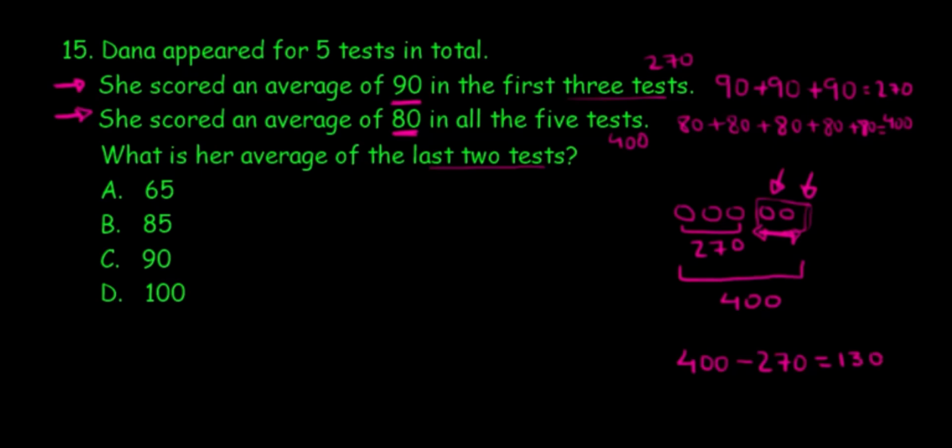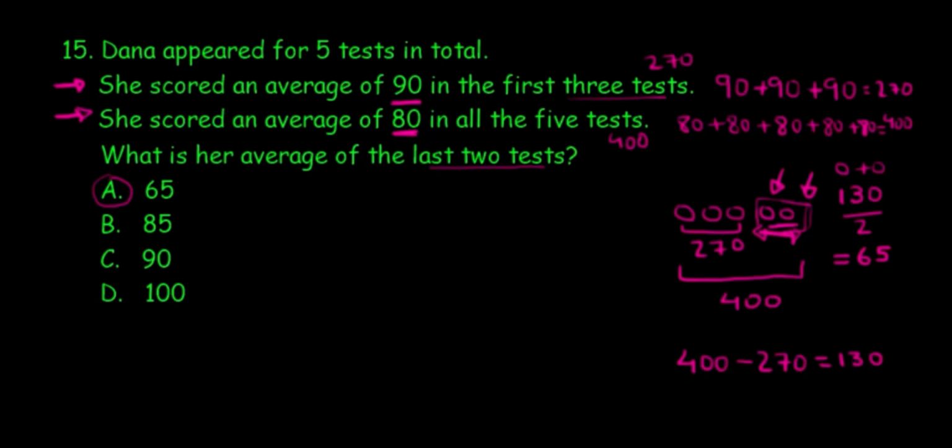And how do you get the average of something? To get the average of something, I can say that it's the sum of them, which I already got, is 130. The sum of the first test plus the second test, divided by 2. 130 divided by 2 is 65. So that's my answer. I know this was a very big shortcut. Actually, I have a shorter cut, by the way.